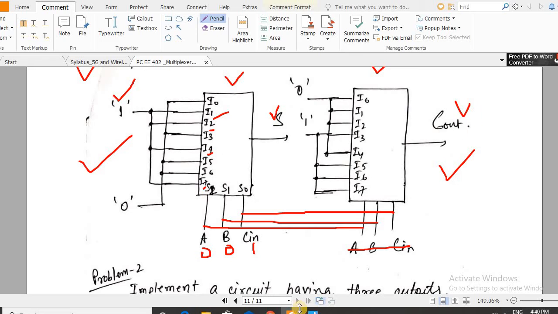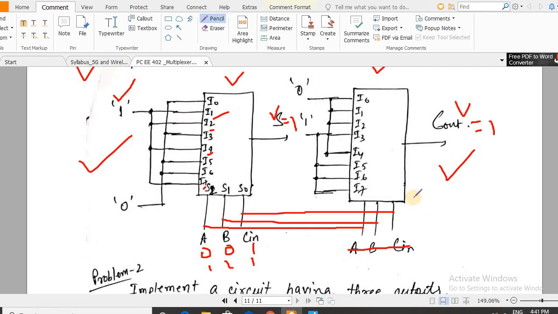Similarly if we say all 1, it will select I7. What will be the value of I7? I7 is connected to 1, so S will be 1, and in case of 1 1 1, it will again select I7, which is 1, so carry out is 1. So you can check all the inputs for a full adder. You will see this circuit will act as a full adder.